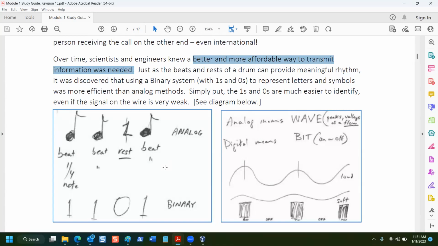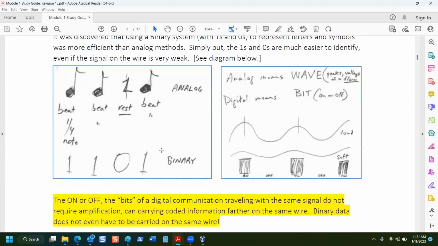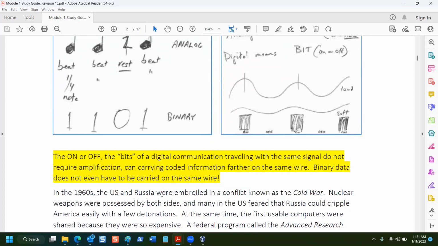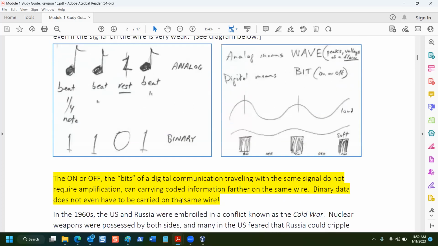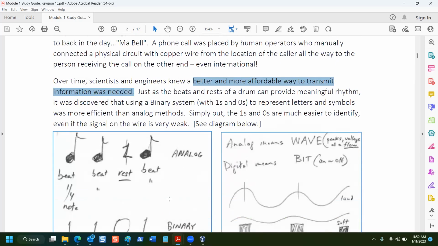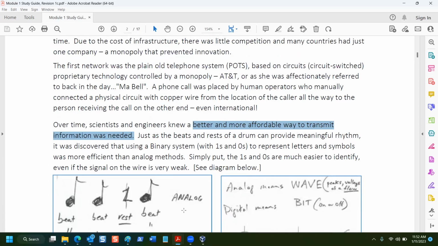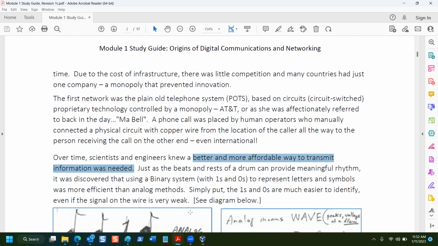On that note, we're going to end our class. But what I want you to understand are these first 2 pages. I want you to read this, take a look at the diagrams, right? And then read the rest of this and tell me if it makes sense or not. On Friday, I'm going to tell you the rest of the story about how our internet evolved from the Cold War, our nuclear arms race with Russia. We wouldn't have the internet today if it wasn't for a very dark period in American history.